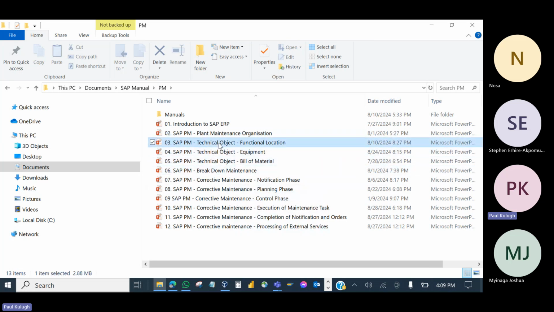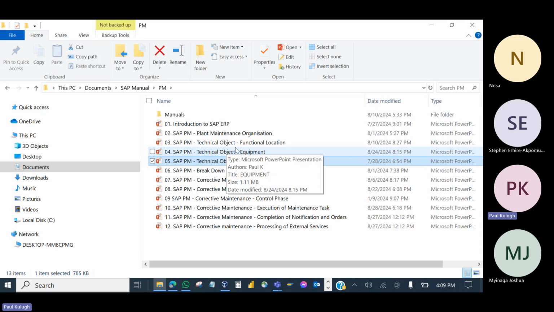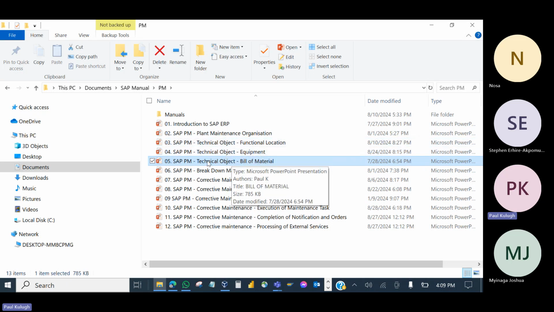So we did functional location, we did equipment, and we're going to bill of material. So all these are technical objects, and in the course of these lectures we looked at how to create their master data and organize them hierarchically. So this is going to be the last master data we'll be looking at before we go to breakdown maintenance,